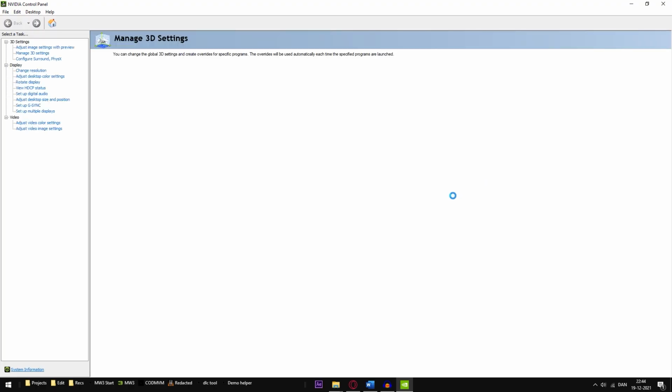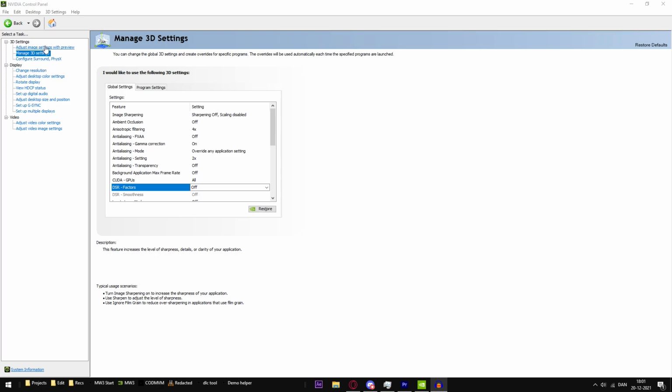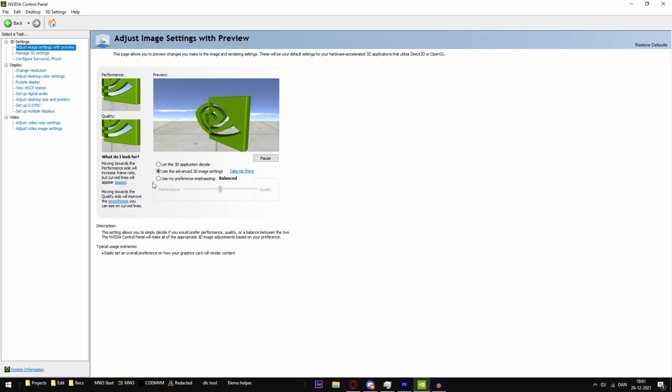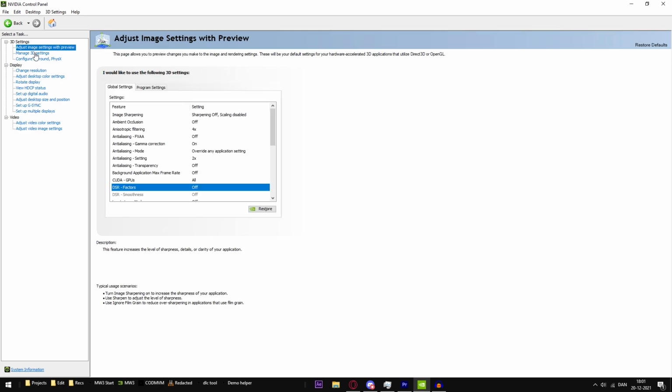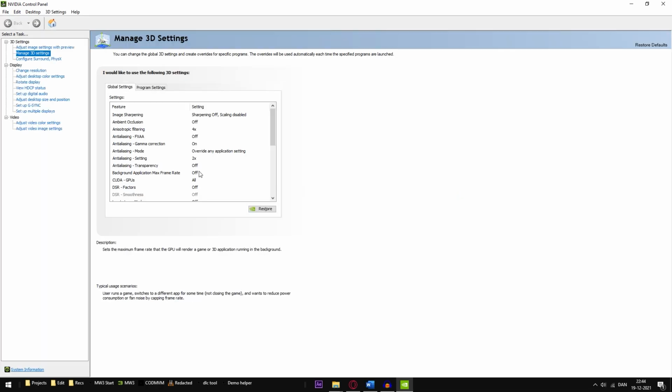Okay, so when you're in, you go to adjust image settings with preview and then just set this to use the advanced 3D image settings. Then you can press take me there if you want to. You can also just press the manage 3D one. Okay, so when you're in the control panel, you go to the manage 3D settings. You've probably done this before, but you go into program settings,